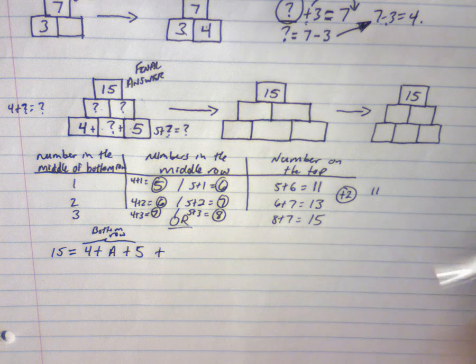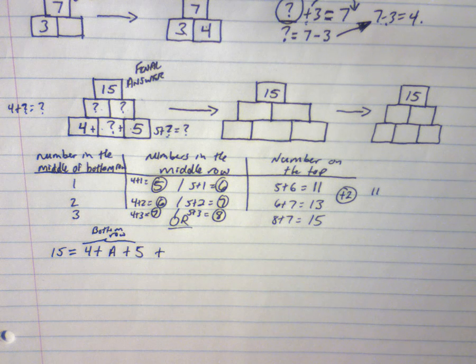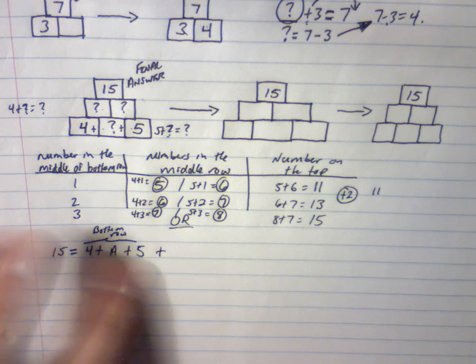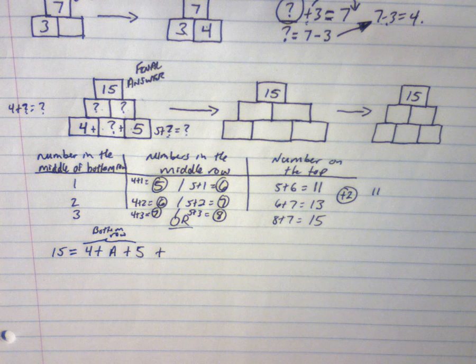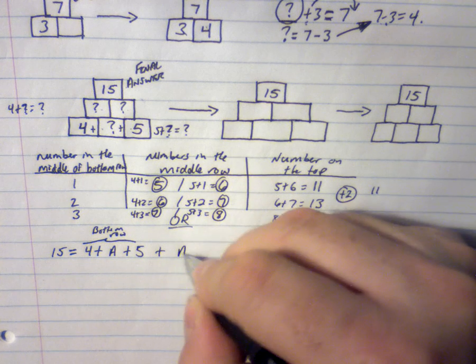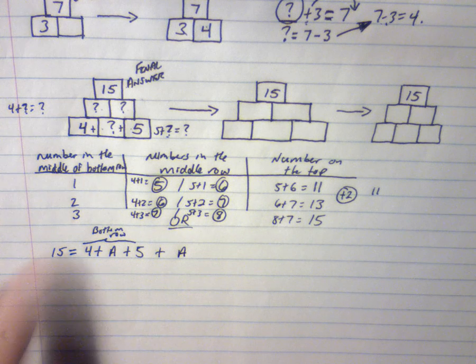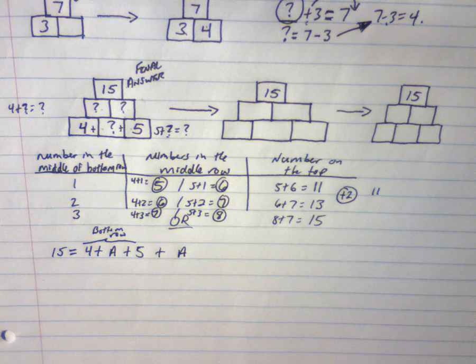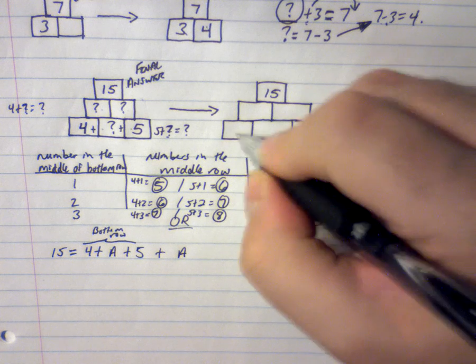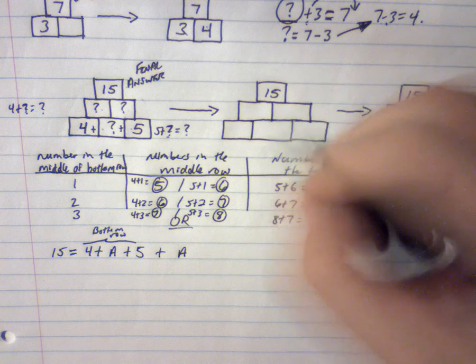Plus, well, what do we have? When we do this and we add all of this up, what we're eventually going to get is the middle row. And so the middle row is basically just going to be A. Okay, because when we add this up, we're going to get the middle row. Alright? So, what this looks like then on our pyramid,